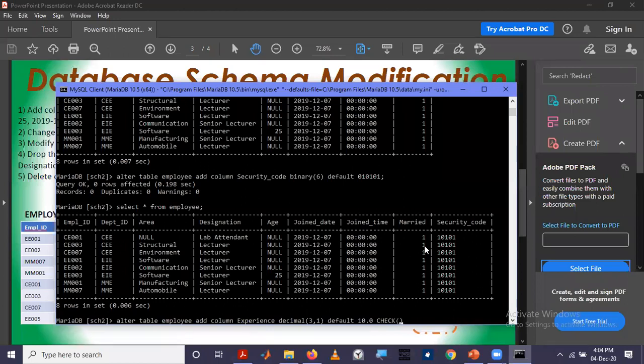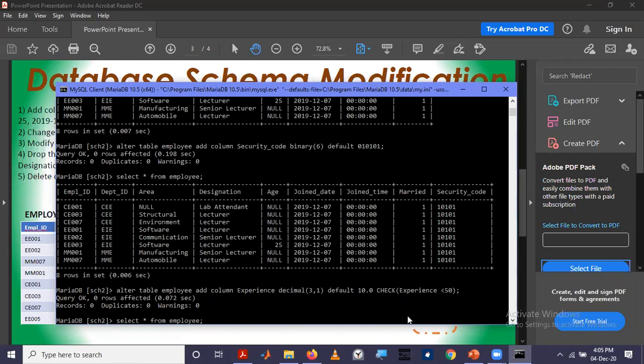Check this column less than 50, whether it is less than 50 or not. Experience less than 50. It will check when we are inserting or updating this column. It will always check. And if we violate this one, it will not allow us to do that operation.